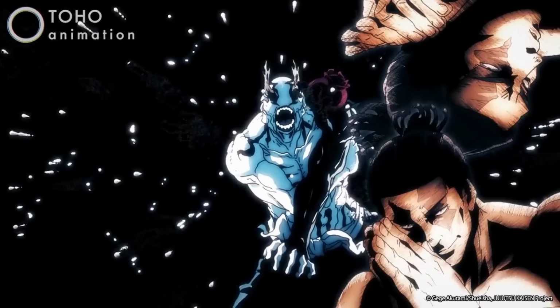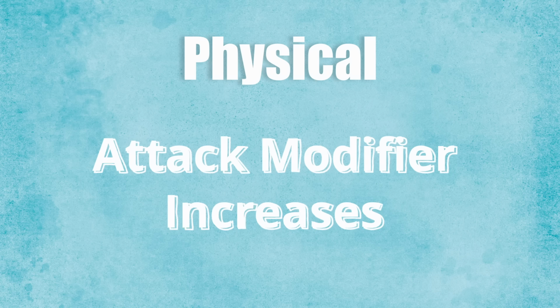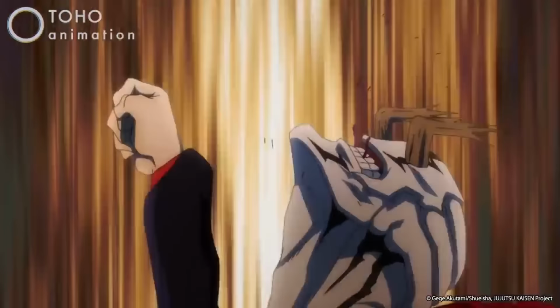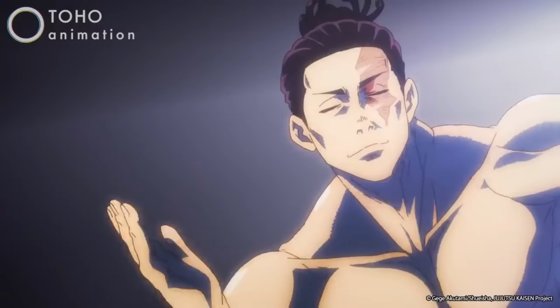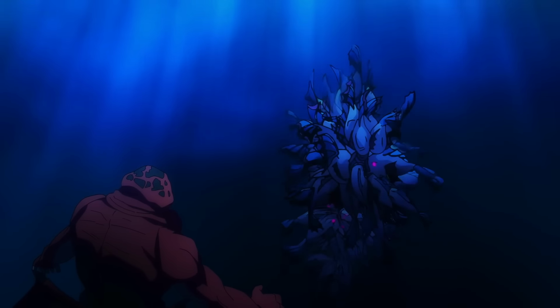Physical centers you as the domain's main focus, doing everything it can to enhance your physical abilities. Your attack rolls increase, and the number you need to score a critical hit in this domain decreases. You could invest solely in this node if you want to focus on getting constant critical hits while this domain is active. Environment reduces creatures' movement speeds in your domain, as well as making it harder for them to succeed